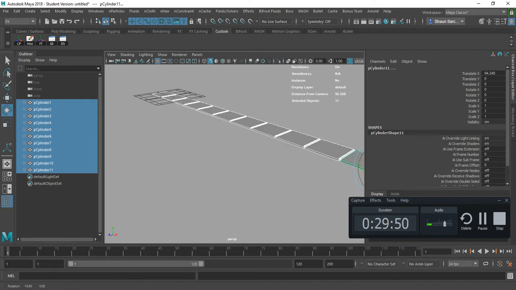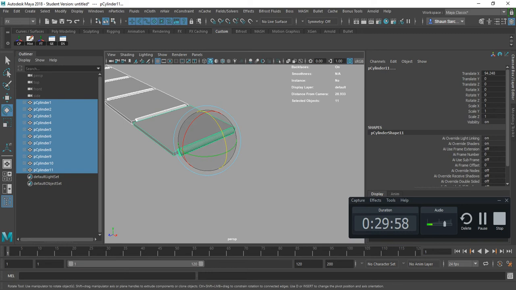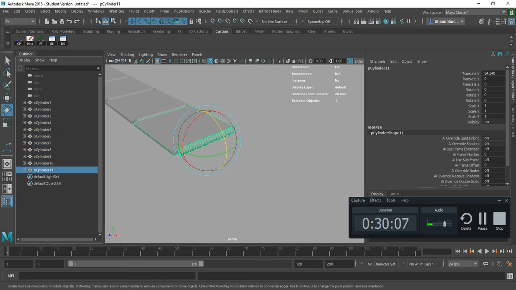Right? So now if I wanted them to work like our stick does, all I have to do is parent them in an order that makes sense. So if I look at this, this guy here is probably the base one. He's probably like the main one. So then this one will be parented to this one will be parented to that one, and so on. So if I just grab this and grab this here,